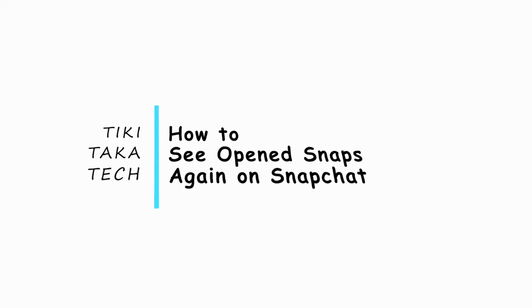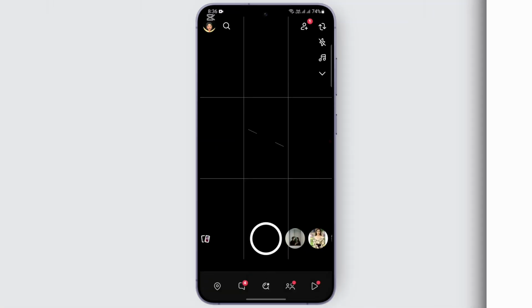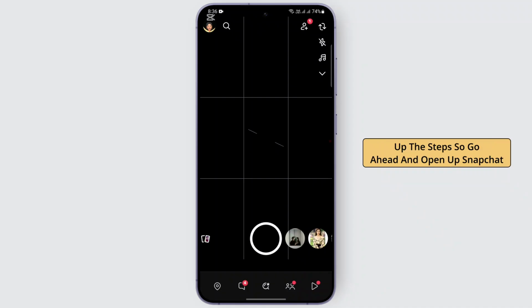How to see open snaps again on Snapchat. Hello everybody. To do that, you may follow these steps. So go ahead and open up Snapchat. Once you are there, you may head over to the chat